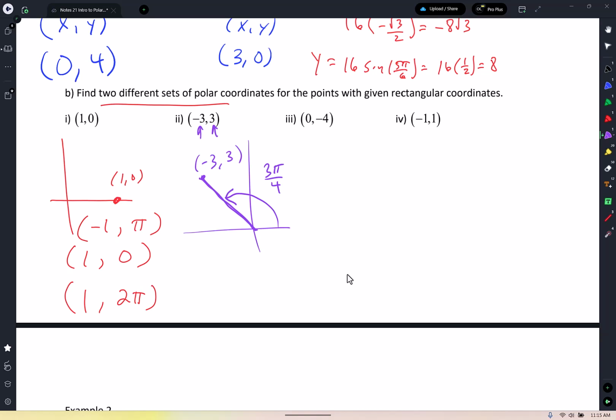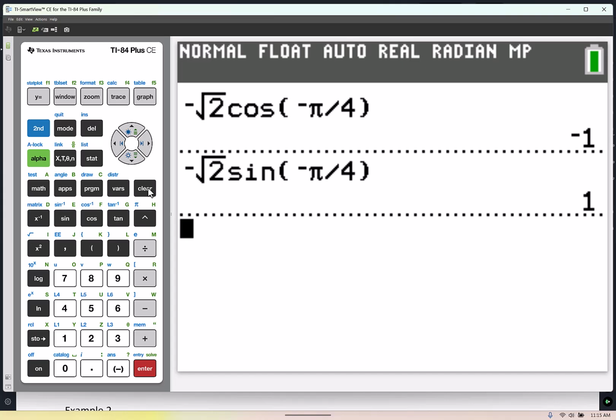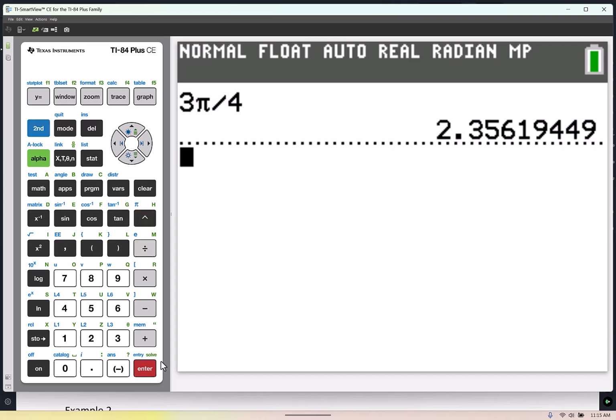How would I do that without a calculator? Okay, guys, a hack. The calculator is dumb, by the way. It does not know that you're in quadrant 2. This is why I told you to check the quadrant. Let's see what 3 pi over 4 is in decimal. If I were to go arctan of 3 divided by negative 3, y divided by x,